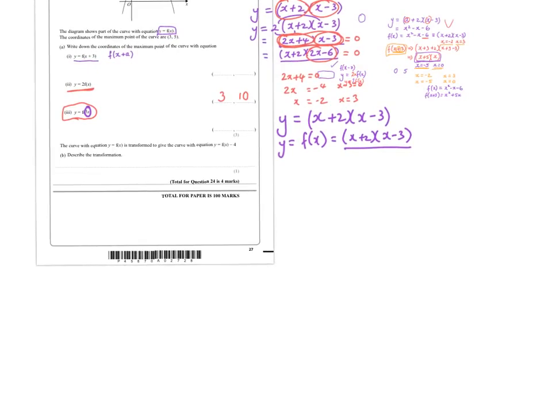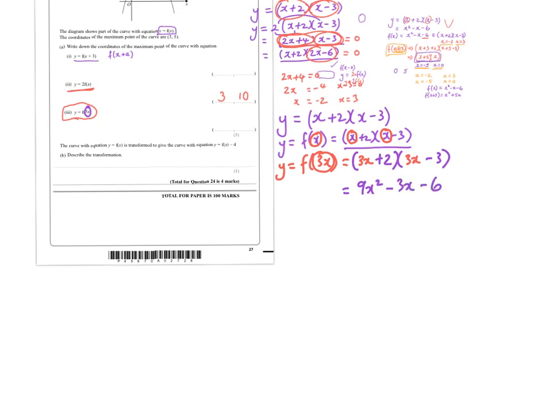Okay, so we want to get to the situation where we've got f of 3x. What we're saying is x has actually become 3x instead. So whenever we write this here, we're just going to substitute x for 3x. So we're going to have 3x plus 2 multiplied by 3x minus 3. And if I multiply that all out, I'd have 9x squared minus 9 plus 6 is minus